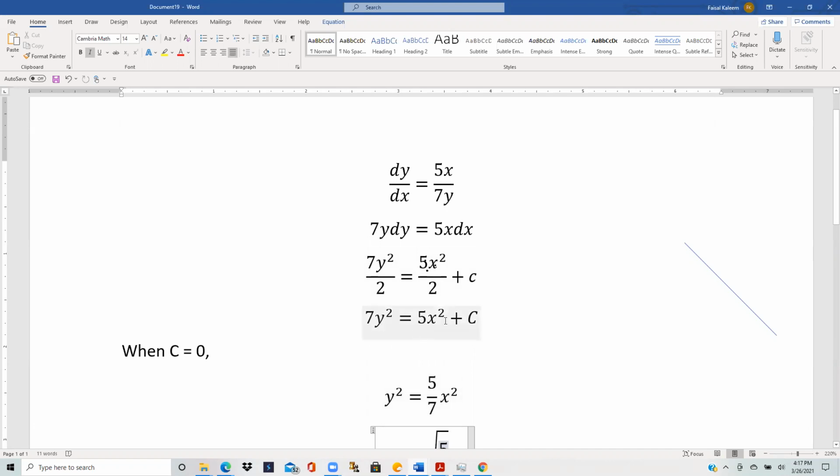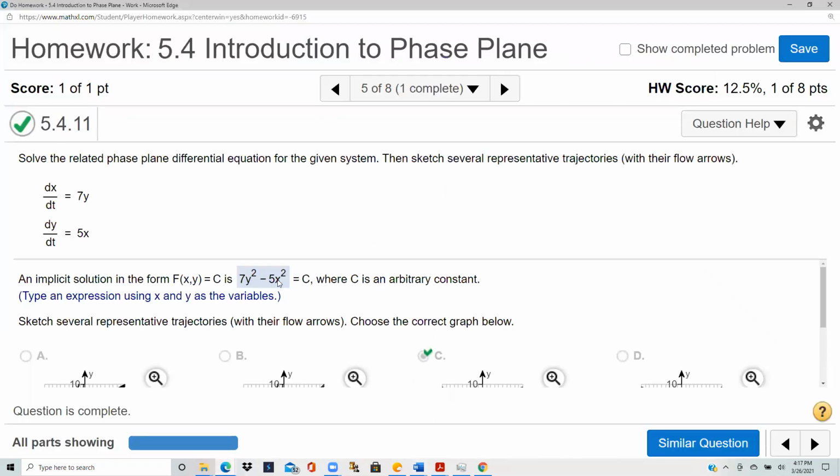But even this one is good enough, so they want just C on one side, so it'll be 7y squared minus 5x squared equals C. So that was the answer for the first part. And then you have to sketch. Now in sketching,